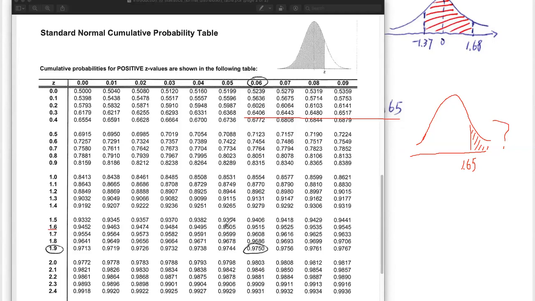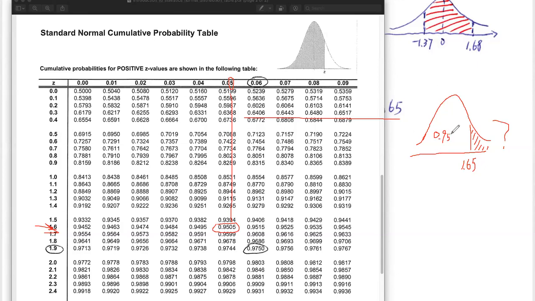Where's 1.65? It's this one here. Follow me, everybody. Where's the 5 coming from? 1.65, you see that 5 here? The second digit, so that means we match the row and the corresponding column, 9505. So that tells you the probability to the left, everybody, is